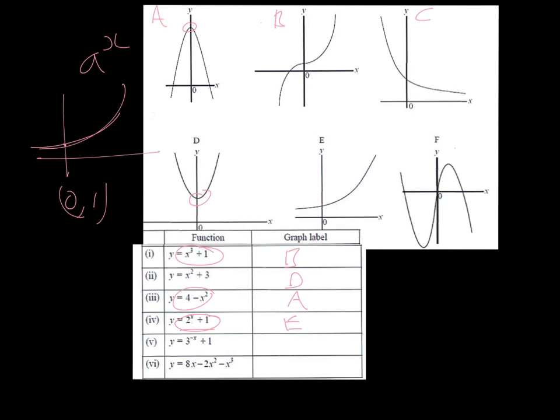For part 5, we can see again it's an exponential function, but the exponent is actually negative, which means it's been reflected in the y-axis. And we can see up here that again this kind of looks like the exponential shape, but it's been reflected about the y-axis. So this one is going to be C, and then by process of elimination it is F,